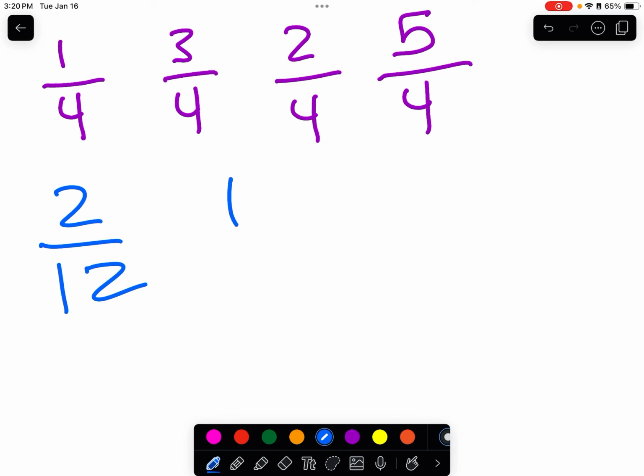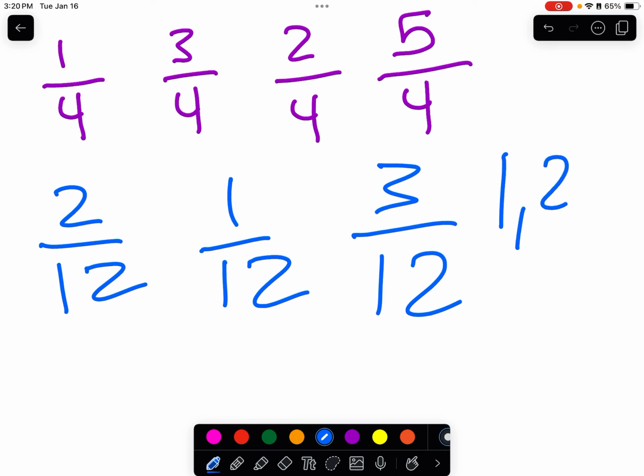How about 2/12 and 1/12 and 3/12 and 1,262 twelfths? That is such a wild number, isn't it? Anyway,